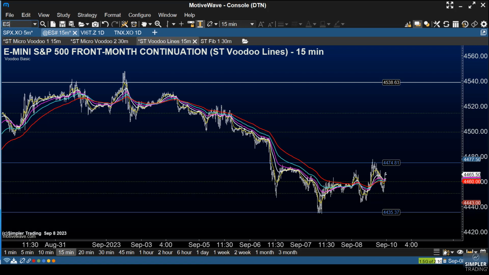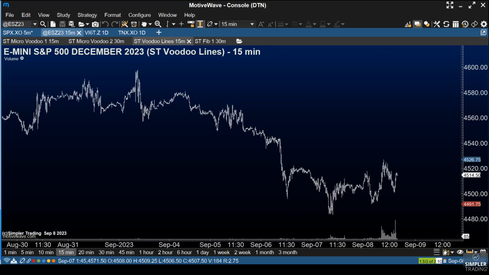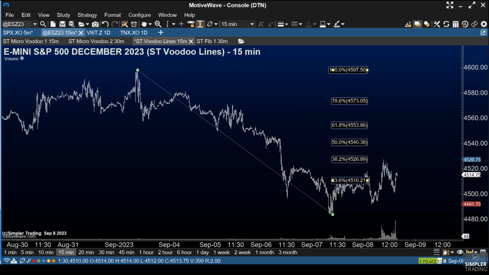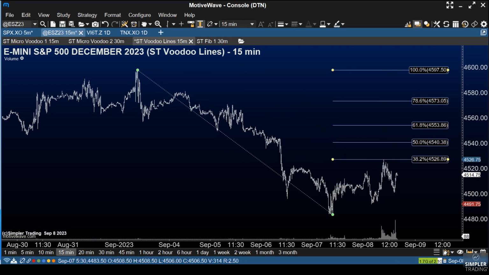But if I come in and put in the specific code for those December futures, ESZ23, then what I'll have is a level up here I can use that was still made back here last Friday because the December futures were trading, and I can then also use this level here, right,